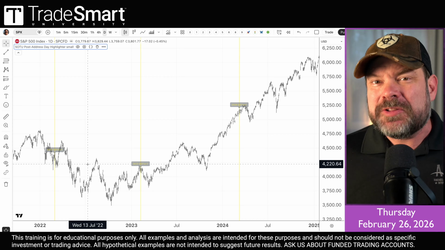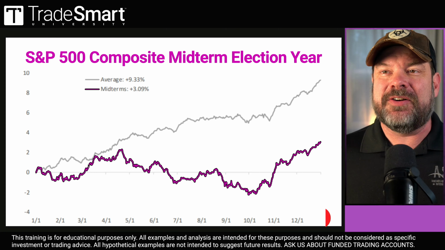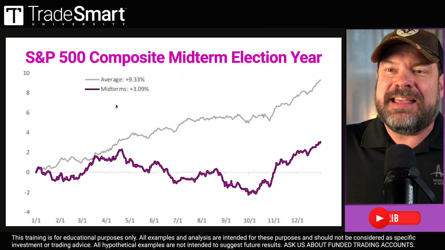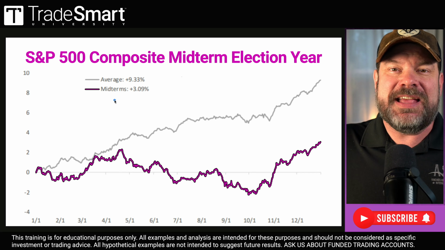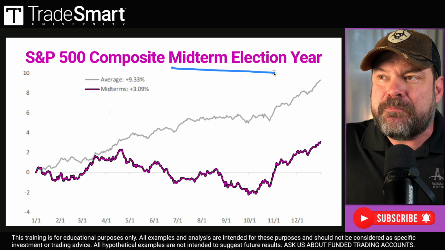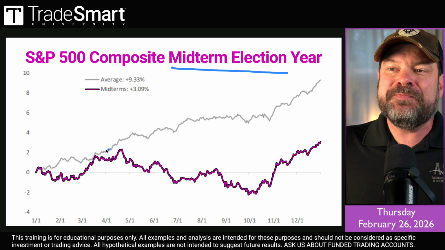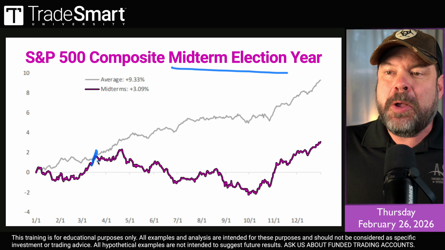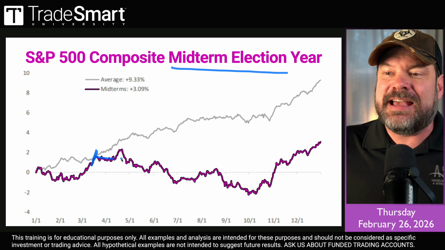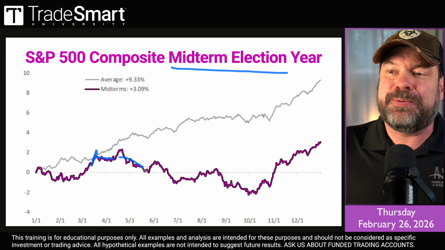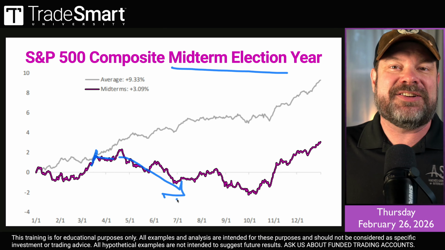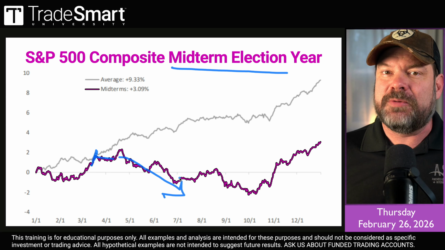Now, I don't know how much this has to do specifically with the State of the Union or more likely our seasonality calendar. If we look at the composite performance of the S&P 500, specifically during midterm election cycles, you can see that coming into March, we tend to flatline, and even shortly after March into April and May, we begin a decline. We've been talking about that in several market forecasts.